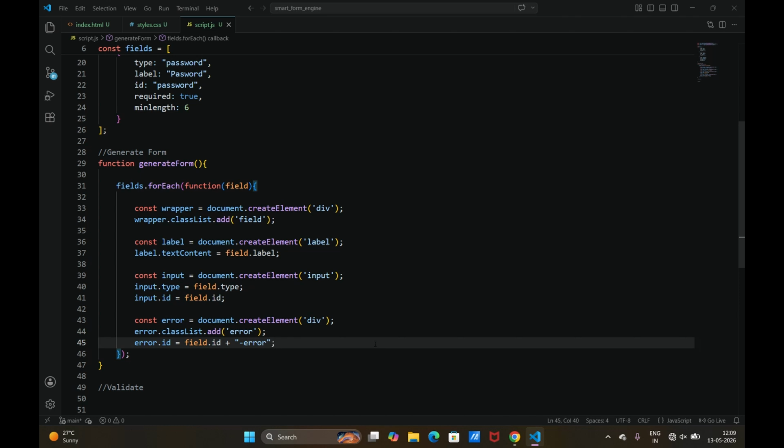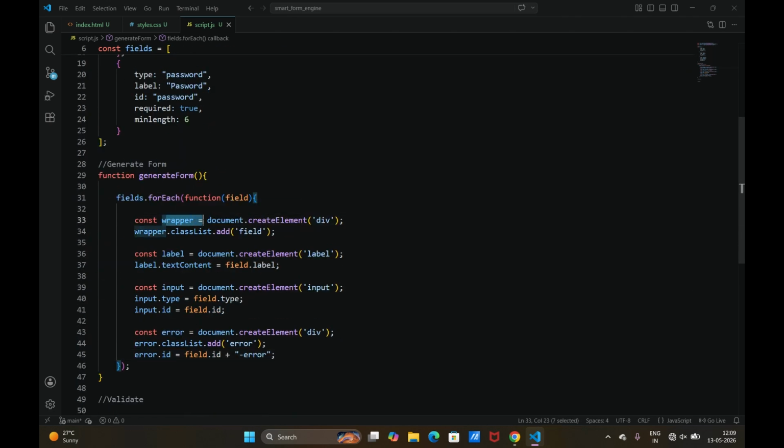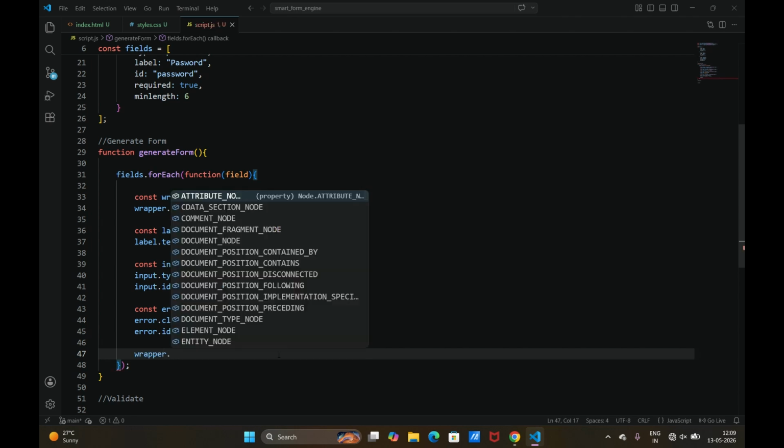Now we have to append all this into the wrapper, that means into the main container. So wrapper dot